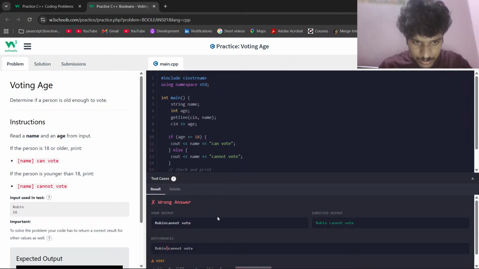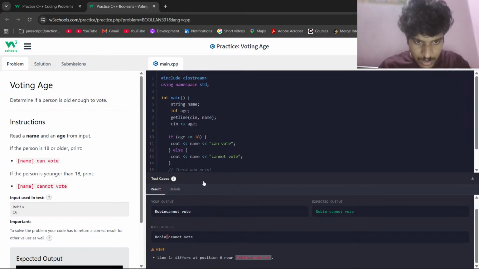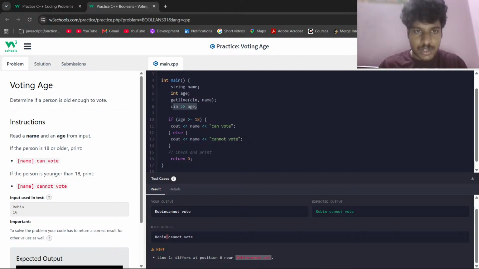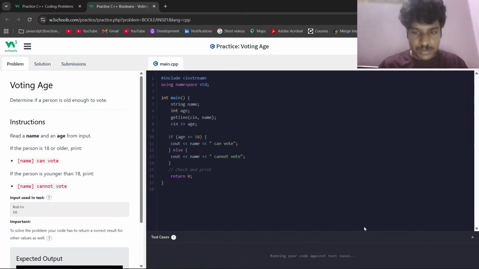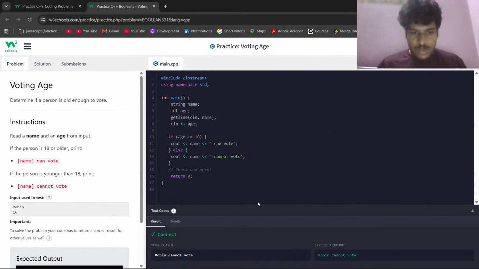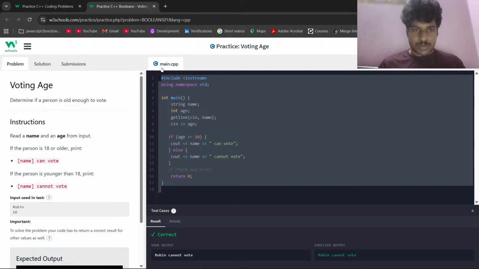Robin cannot vote. We just need a space. We don't need get line age, by the way, because we just have to get the input from the user. That's it. So C in age is good enough. But here, we need a space here. So let's see now if it is correct. Yeah, now it is correct. So that was how you could do this problem